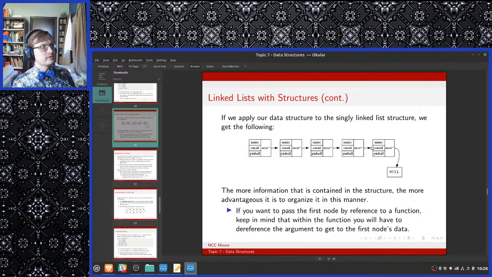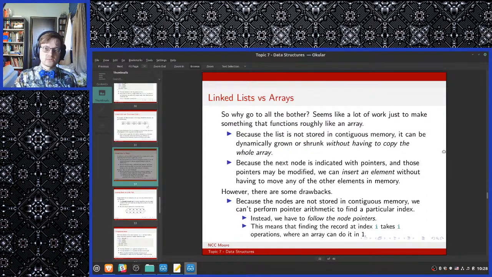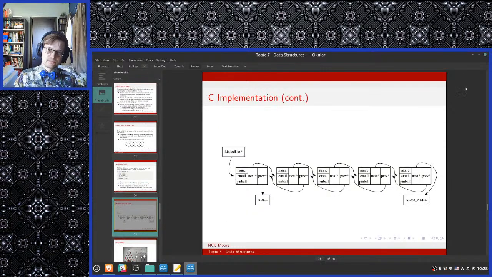So for example, if you know where node 3 is, you can only access nodes 4, 5, and 6, etc. onto the end of the list. It's impossible to get back to nodes 2 and 1. Whereas with a doubly linked list, you can just follow the previous pointers back. So there you go. That's what a doubly linked list is.